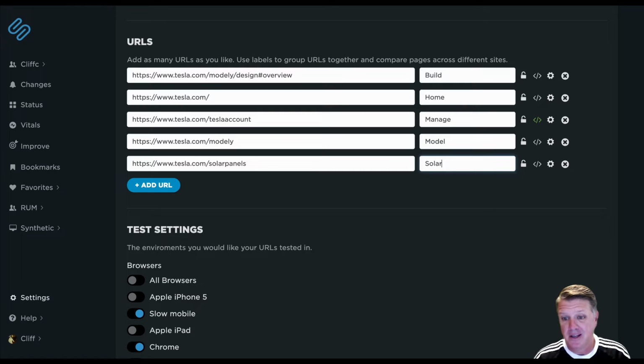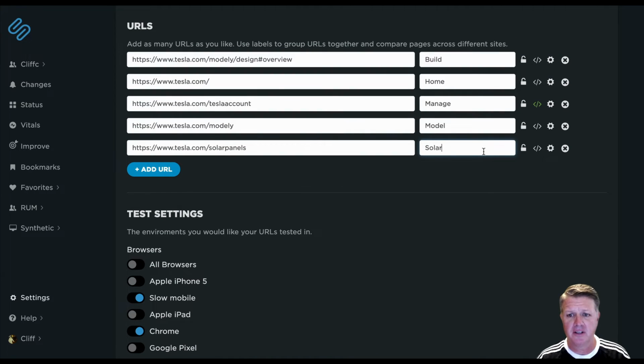page group name. This is really important because you want those page group names to be able to align with your RUM data, which we'll talk about in another video, where your RUM settings match up with your synthetic data, so you can do things like leverage the improved dashboard and vitals dashboard to be able to correlate some of that